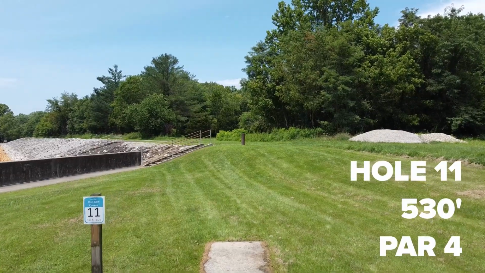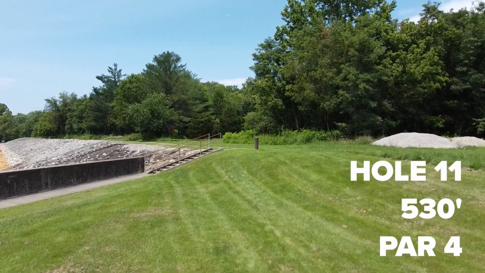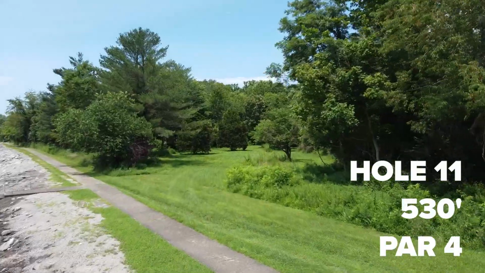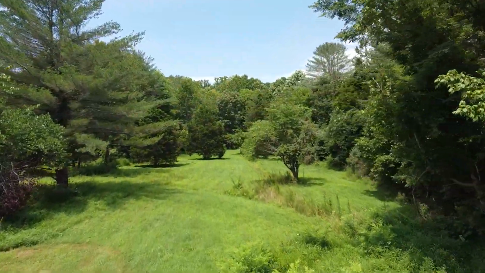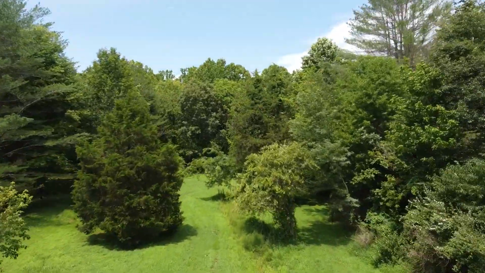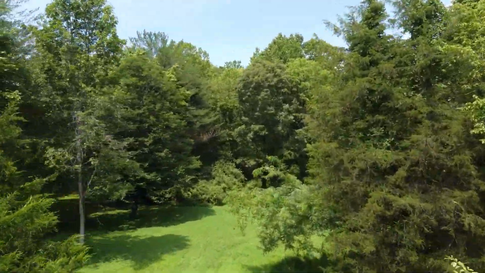Hole 11 is one of my favorite holes out on the Cave Run course. It's a 530 foot par 4 that you have options off the tee. You want to beat this small tree on the right here and land in the cut grass. From there you're going to throw a hyzer around this big evergreen and try to beat these trees,